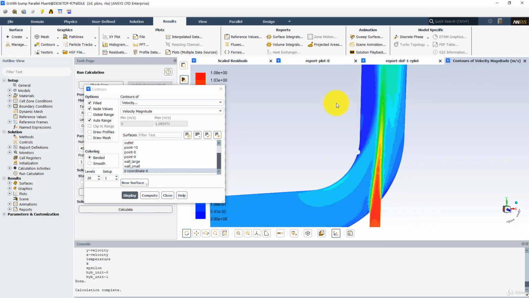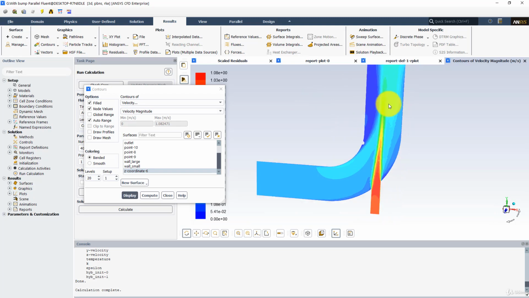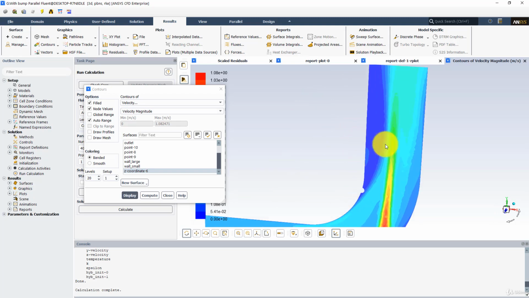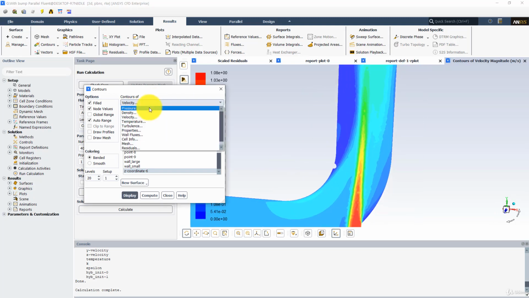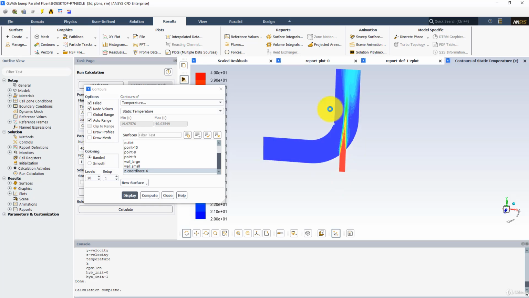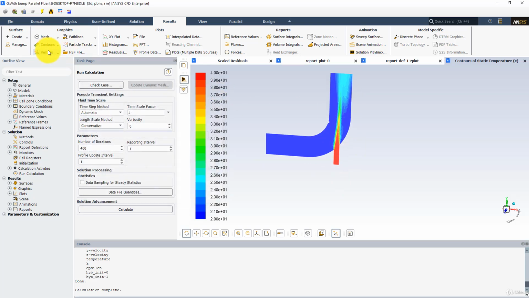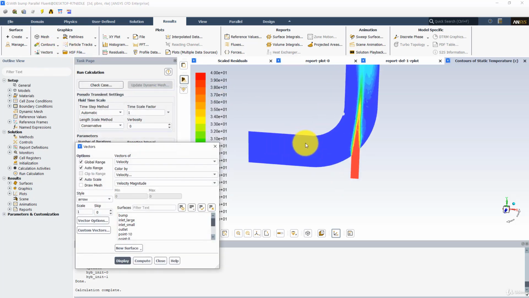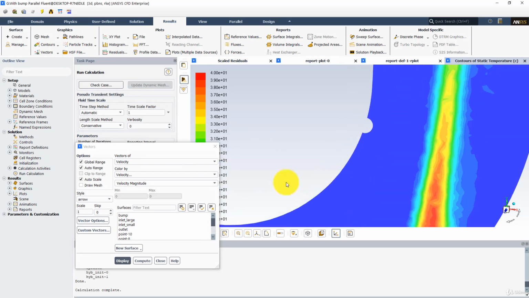If I display the velocity, we can still see that we have this large zone of separation, and then the temperature. Now we need to see the results in terms of the vector plots, and also I would suggest that you